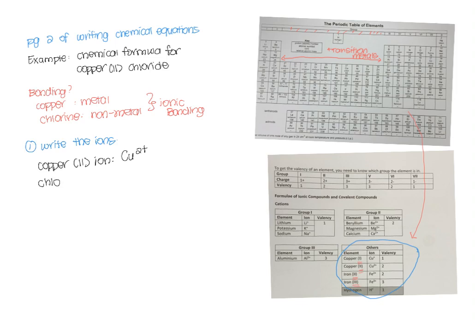And chloride, which we have done earlier on, if not, you can refer to the periodic table once again, has a charge, so it's Cl minus. What was it that I reminded all of you? Always check for